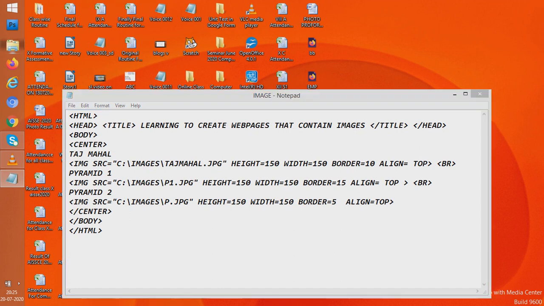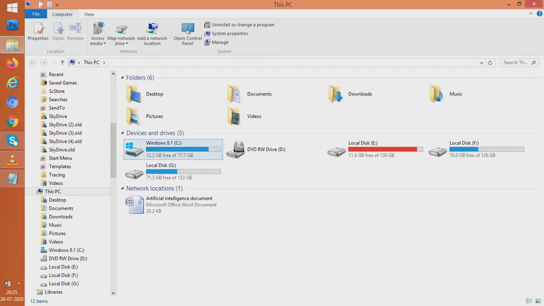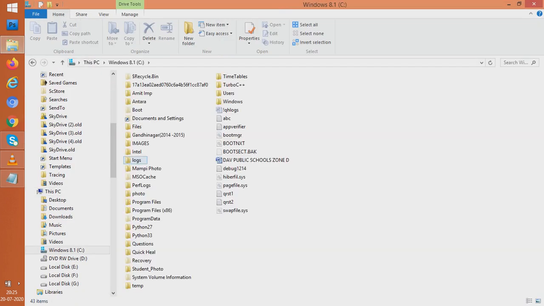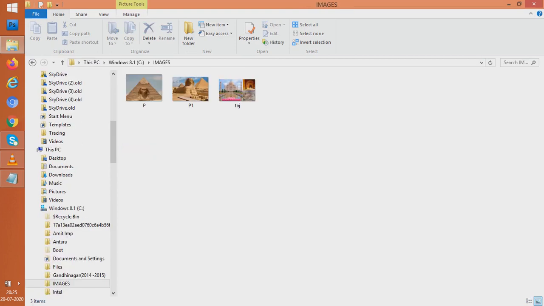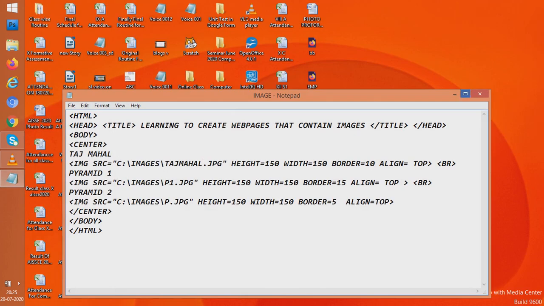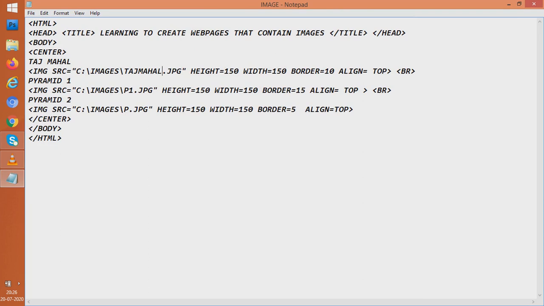What was the name? We can open it and see. Within images, the name was Taj only. But by mistake I somehow forgot the name and I am giving Taj Mahal. What will happen? Would the image come or not? Let us see.